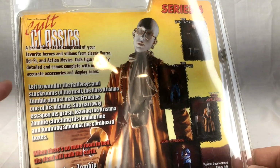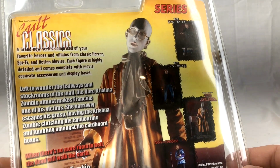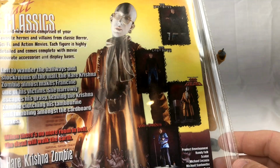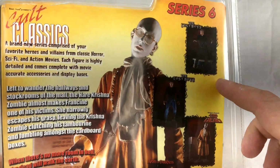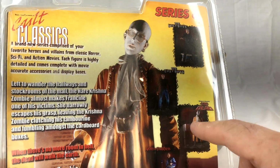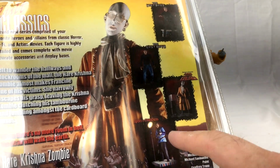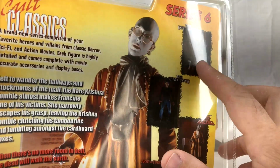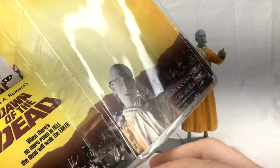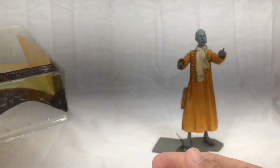So, a quick description of Cult Classics, a quick description of the Hare Krishna zombie and what he did when he attacked Fran, and then some shots of other figures in Series 6. Of course, Michael and David from Lost Boys, this particular figure, and then the S-Mart Ash. That'd be a good one to get. I don't have that one. And I like Lost Boys. I don't know if I'm enough of a Lost Boys fan to actually get figures, though. So, a good picture of him on the side of the box there. We'll put that aside